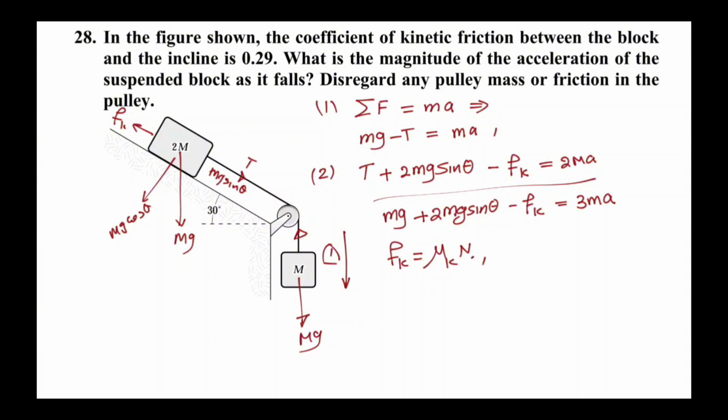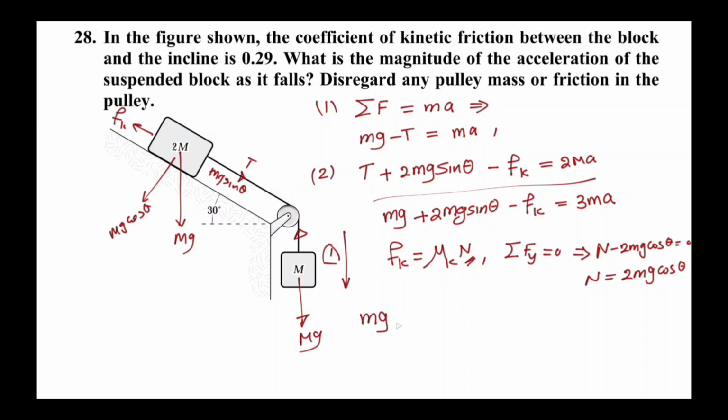To find n, let's have sum of all forces on y equal to 0, and in this case here, normal minus 2mg cosine theta equal to 0, so the normal equal to 2mg cosine theta. You substitute this normal back in this force here,